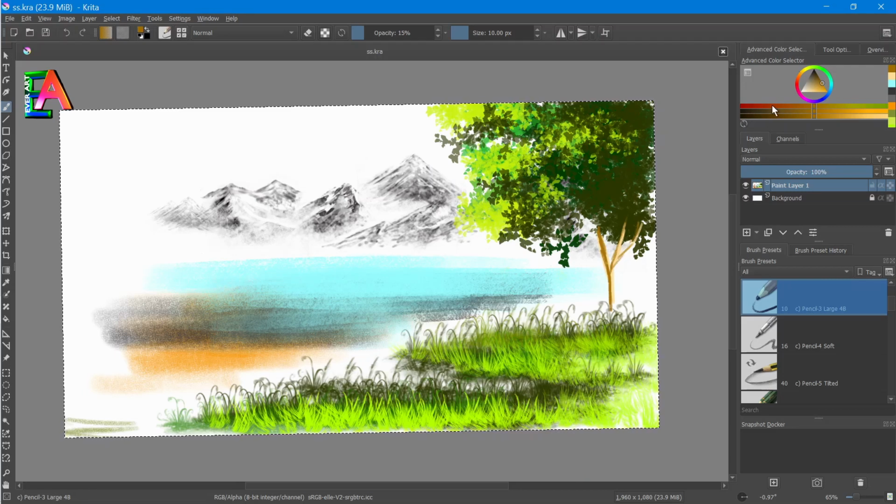Now if you draw anything on this painting you can, but it will not save. You have to save it manually by pressing Ctrl S. Otherwise, if you exit the software after making these changes, they will not be saved. So take care about it.